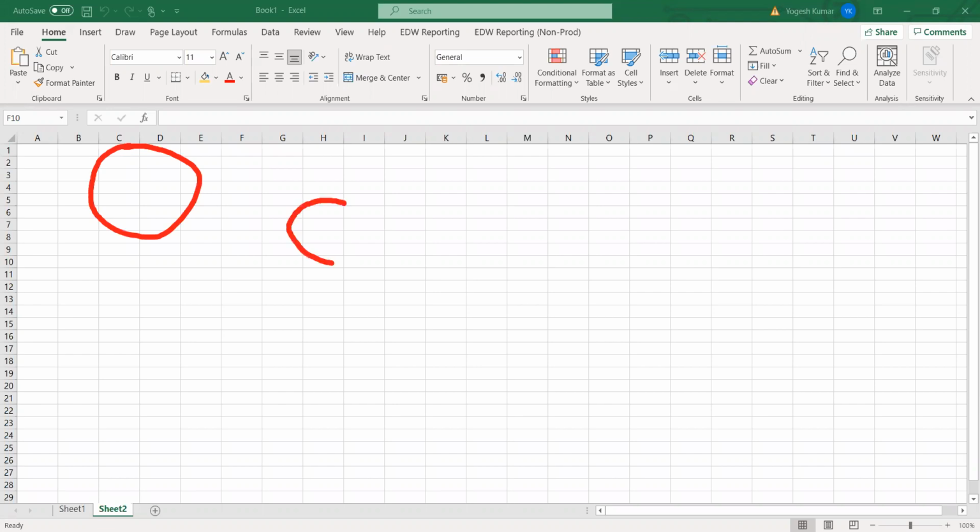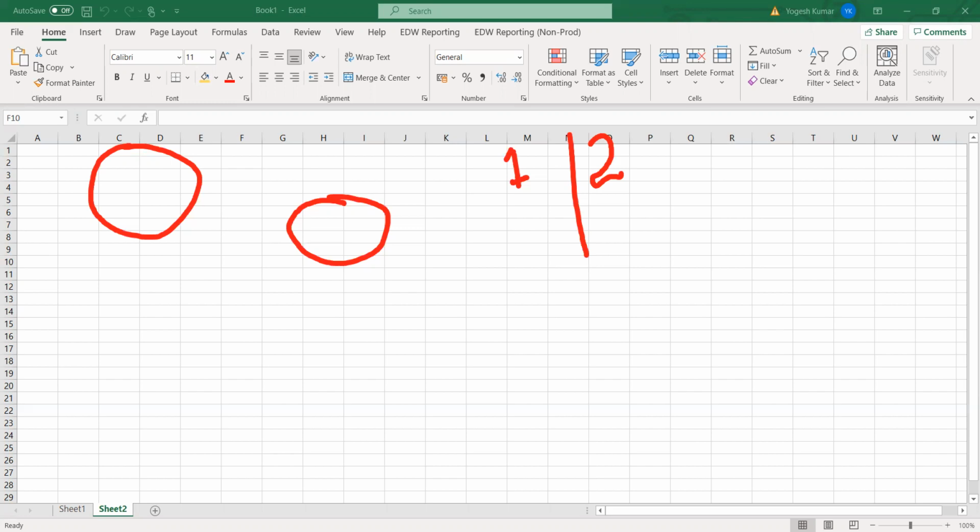Similar straightforward tables you will have here in your staging area, but in the data warehouse we will have two types of tables. Got it? Those are really important.